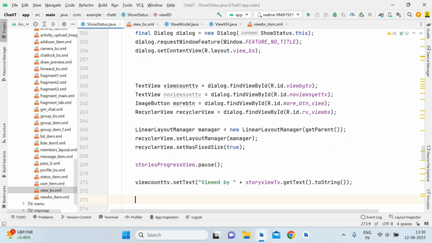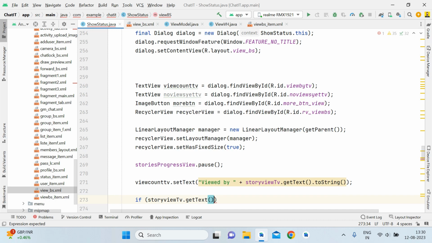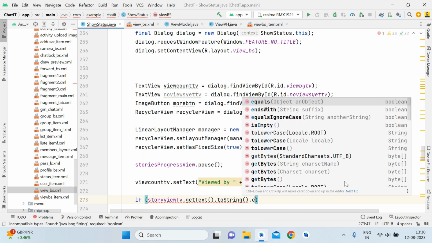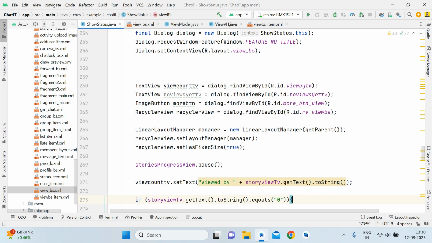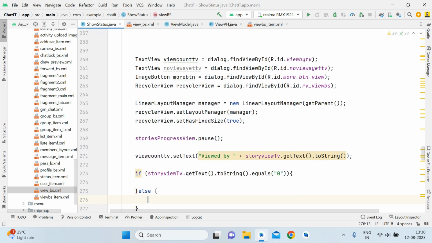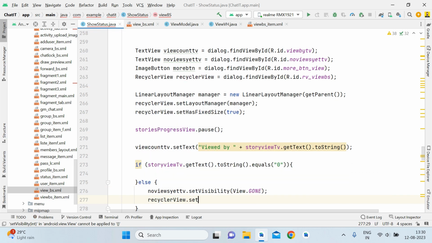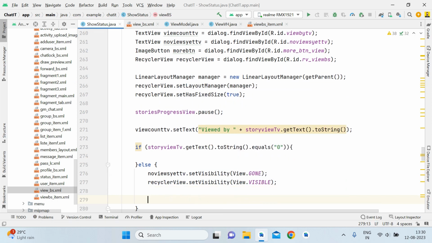Okay, yeah. Now after that we will do a validation that if story view tv.getText().toString().equals 0, so if it equals 0, we will do nothing, but else, if it is not equal to 0, we will make this no views yet tv.setVisibility simply gone. Okay, and then we will make the recycler view visible. recyclerView.setVisibility should be visible now,